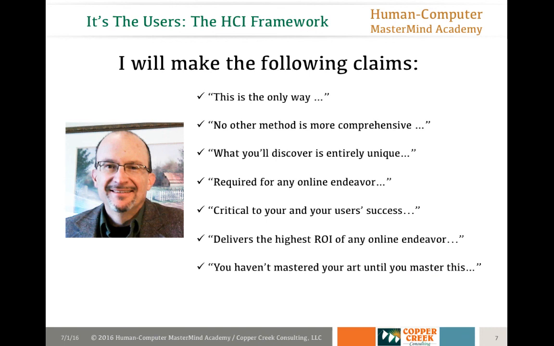I'm going to make claims like, whoever you are and whatever you do professionally, you haven't mastered your art until you master this. And this is really a business fundamental, because understanding who your audience is, who your market is, who your customers are, what they need, and then how to interact with them, independent of HCI, is a fundamental. But we're going to put it into some very specific, actionable, practical terms that you can apply in your business and your endeavors. So I don't make these claims because I think HCI is better than all of your other online skills, capabilities, approaches, whatever you're doing, or that HCI should replace any of them.